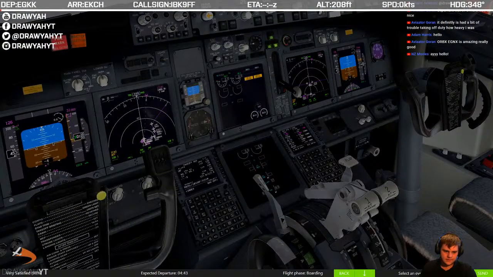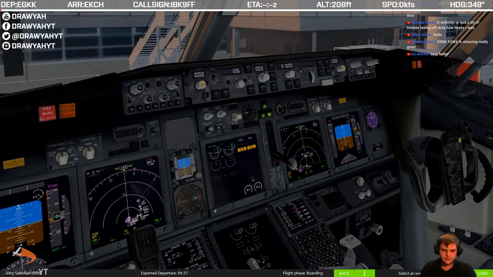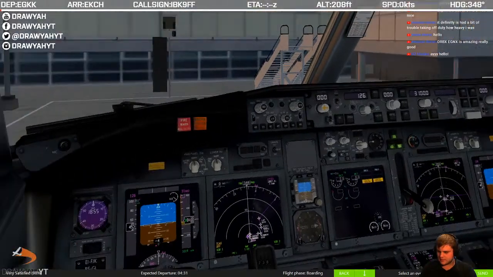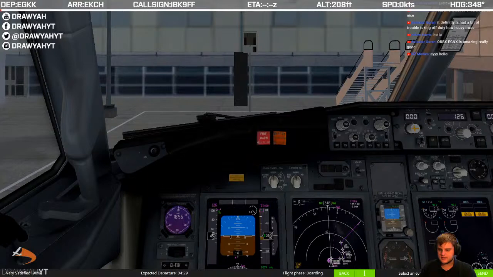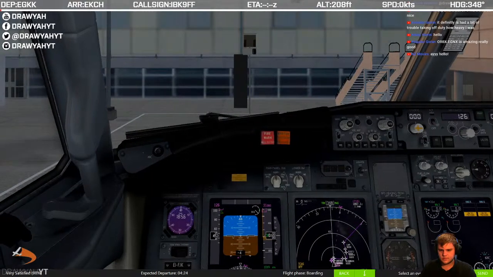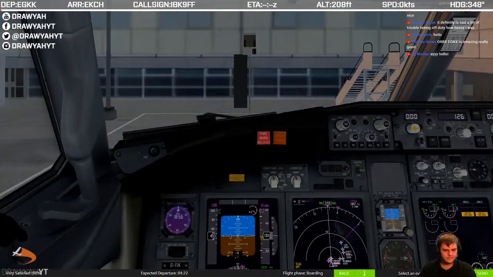Using flap 10 takeoff, which I'm fine with. 126 rotate, which is fine. Yeah, it's going to be a very, very standard takeoff today. And once I'm in the air, there's also one other thing I want to sort out: the flight plan as well. There is one way we can cut a few minutes off our schedule and use it as a time-saving measure for us. Which, if there's no ATC,